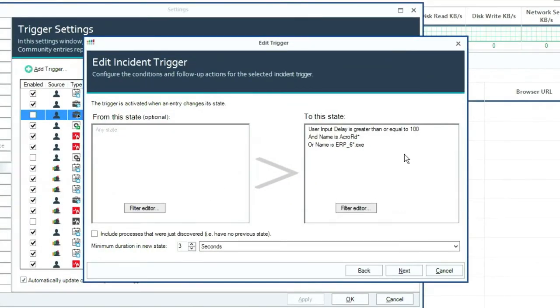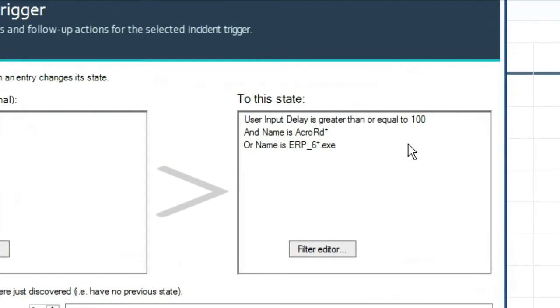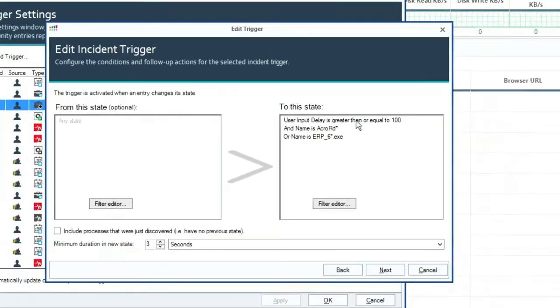Yeah, absolutely. So the user input delay, as Yoni was explaining, is the delay between when you click on something in your UI and when it gets a response back. So this is a wonderful metric that Microsoft has put in. It's actually measuring the user experience now, right? So the Citrix one measures latency as well, like network latency. This one is application-based. So you can actually tell on the server itself what the user is actually experiencing, removing